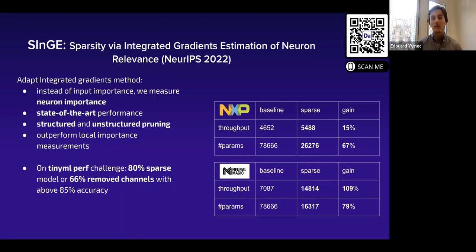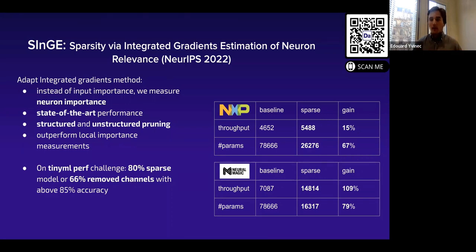And what we've done with this method, which is essentially inspired from attribution. If you're familiar with attribution, it's a subfield of explainability. The idea is to find out which parts of the inputs are the most important. To do so, we have a baseline, which usually is a black image, and we have the input that we want to study. We sample a linear grid between the black image and the original input. We compute some standard attribution metric, such as the gradients, for instance, and we just compute the average over all the data points, and that's what is the integrated gradients.